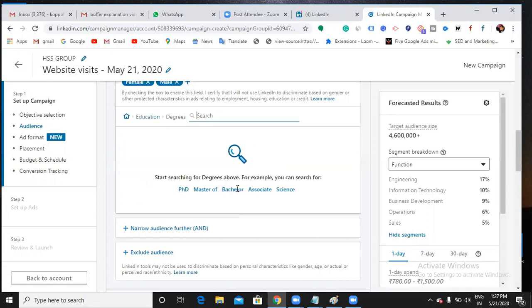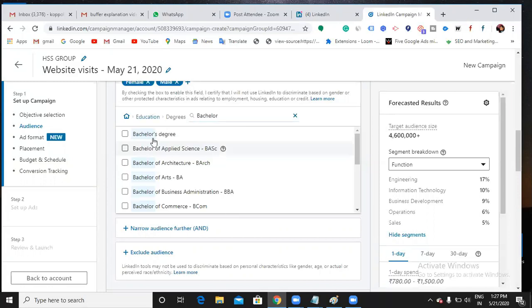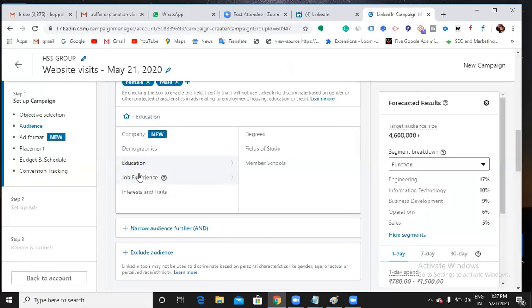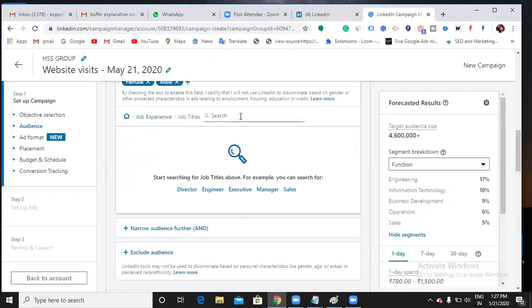So you can search like bachelor's degree, bachelor of applied science, bachelor of architecture, bachelor of arts. You can simply choose that. So there are a lot of targeting options in LinkedIn. It is best useful for professional kinds of business. Then job experience: job functions, job seniorities, job titles. Let us see the job titles.